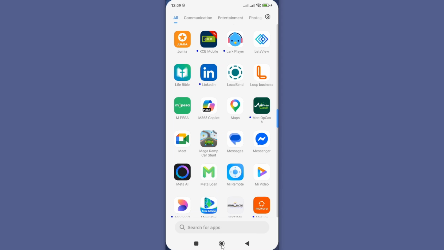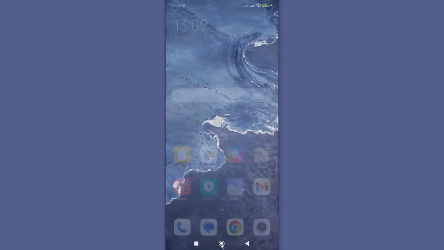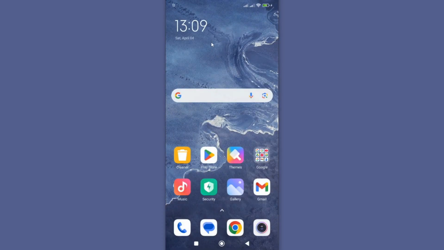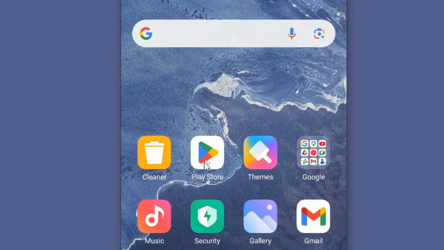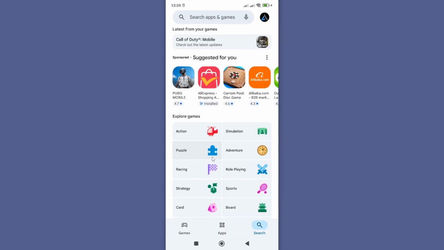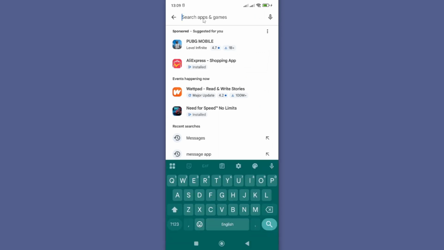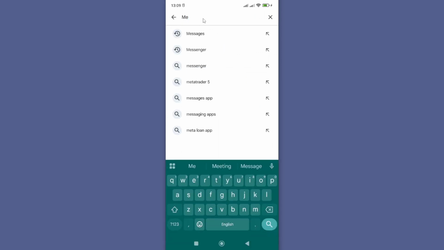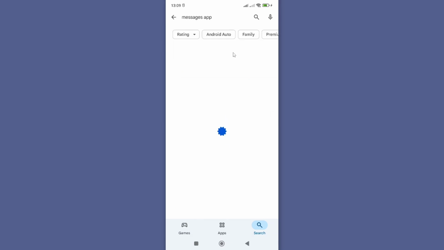All right, so the good thing is if you are on an Android smartphone, then we have an app called Google Messages and you can get this through Google Play Store. So you need to go ahead and find Google Play Store here. And once you are on Play Store, go ahead and log in with your Gmail and then go to the search bar here and tap on it to search for Messages. So I'll just go ahead and tap on Messages like this. Just go ahead and proceed on search, or you can just tap on this Messages app and you'll be taken